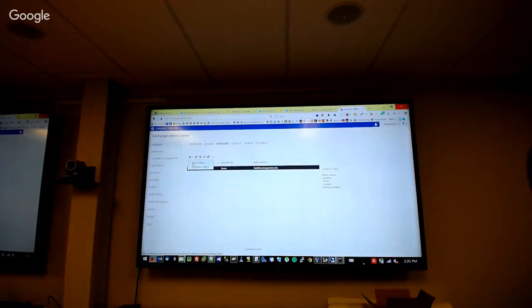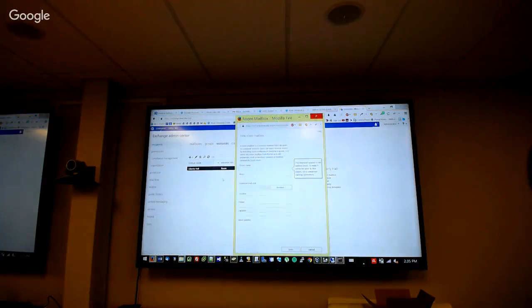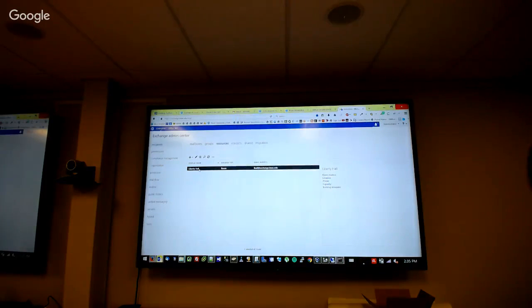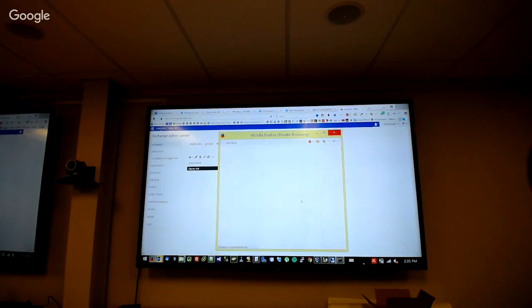But now, however, if someone new says, okay, I want a new shared calendar for a room or something, I wouldn't create a mailbox anymore. I'll go to resources, right? And you can just create a room mailbox and do it this way. That makes it easier, as I did with Liberty Hall. And at that point, you can just